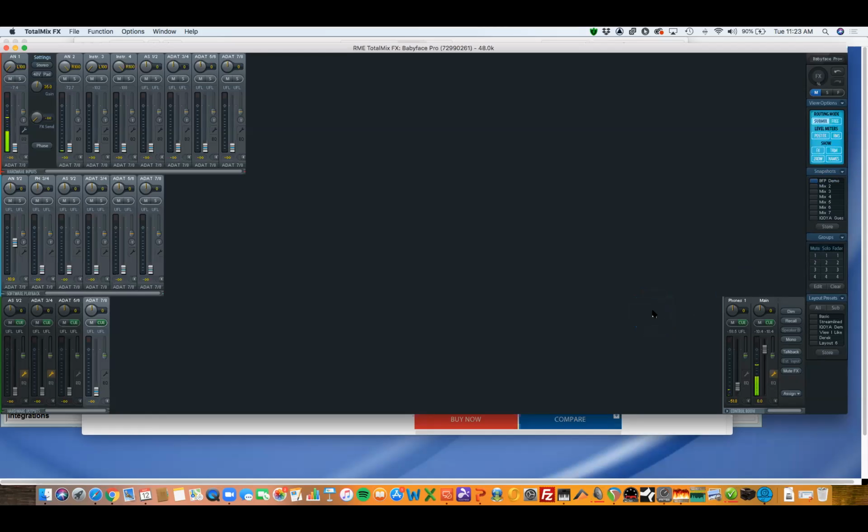There are other situations where you might use the optical outputs to feed a headphone mixing system, like a MyMix or something, and therefore you might assign the phones differently. But for most people, this is going to be the way it looks. Now, the way to get around in TotalMix, the very first thing you're always going to want to do is